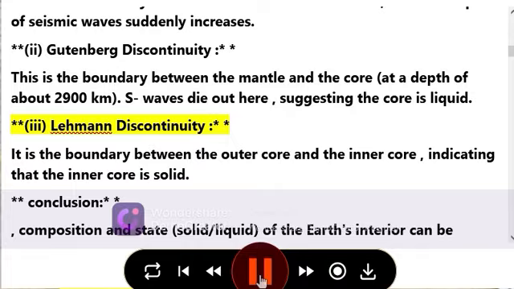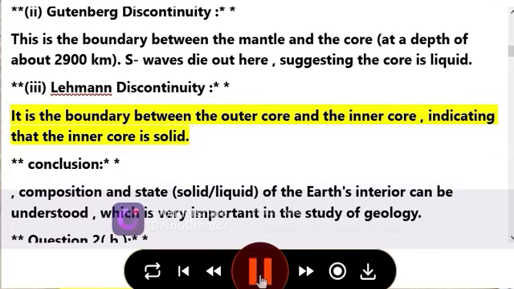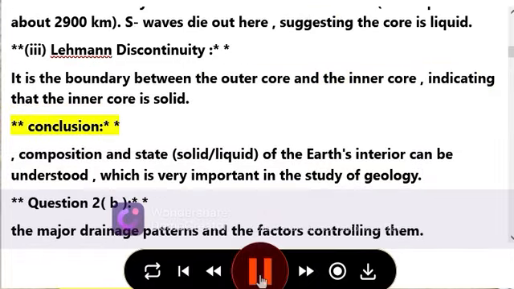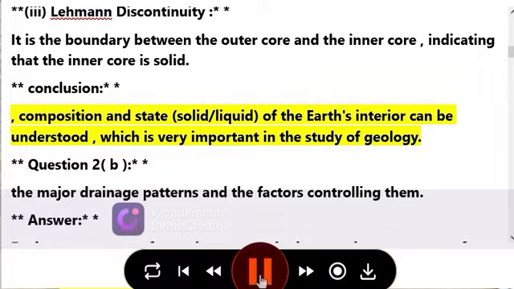3. Lehmann discontinuity. It is the boundary between the outer core and the inner core, indicating that the inner core is solid. Conclusion. The composition and state, solid or liquid, of the Earth's interior can be understood, which is very important in the study of